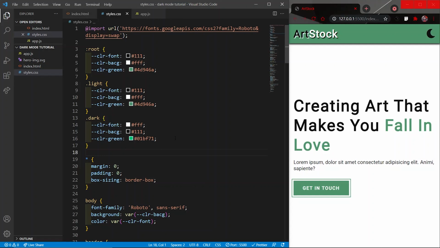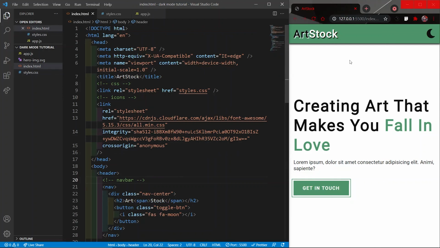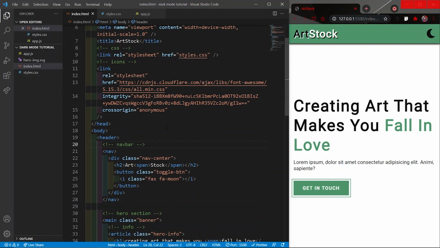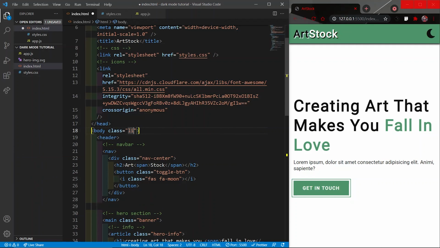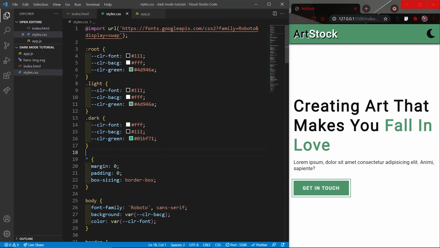So what we are going to do is we are going to add these light and dark classes to our body tag, and we click on this toggle button. So let me show you an example. Right now we are in the light mode and our body does not have any class. So if I add the class light here, nothing will change because the colors for the light one are the same that are for the root one.